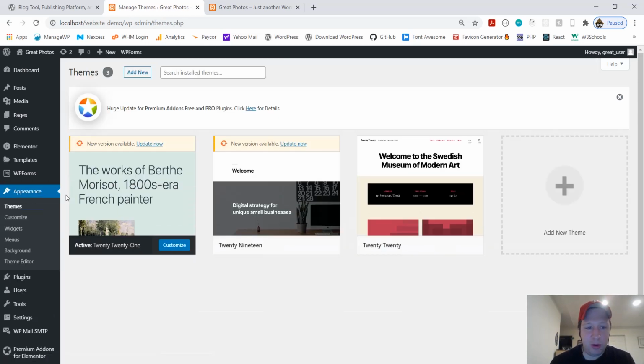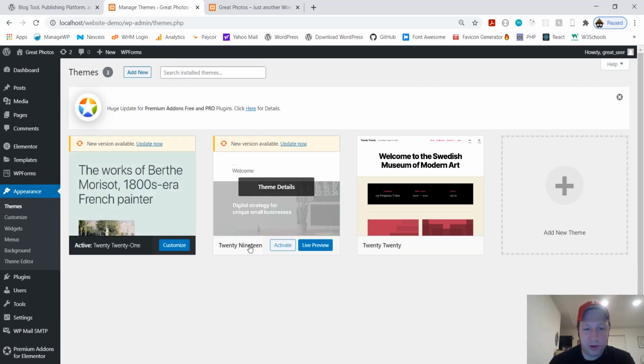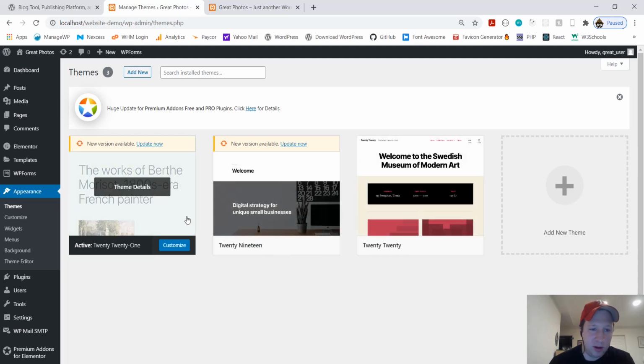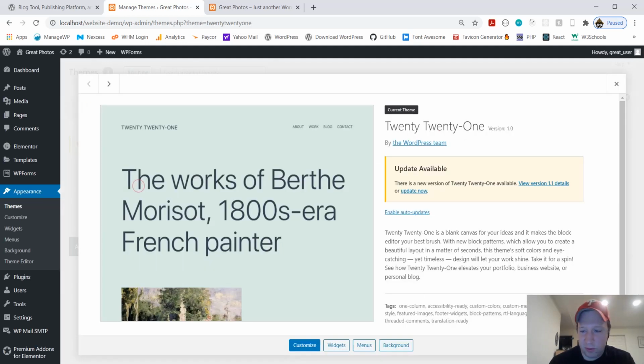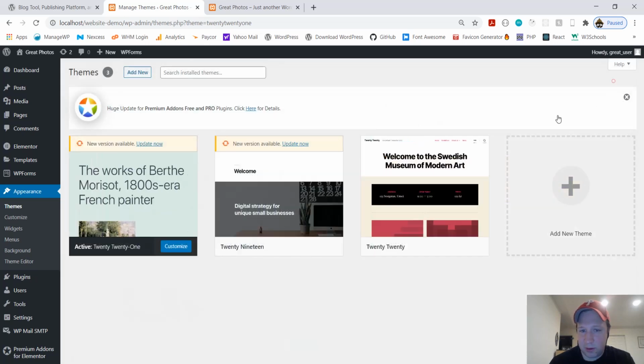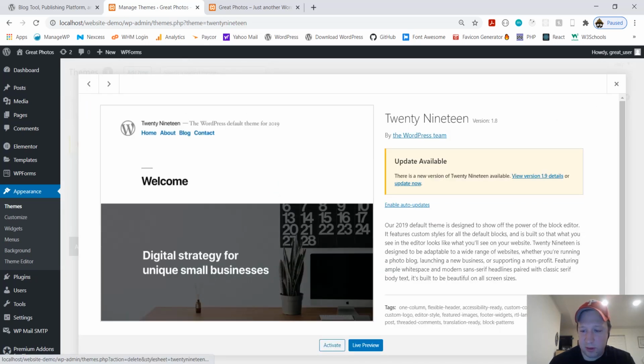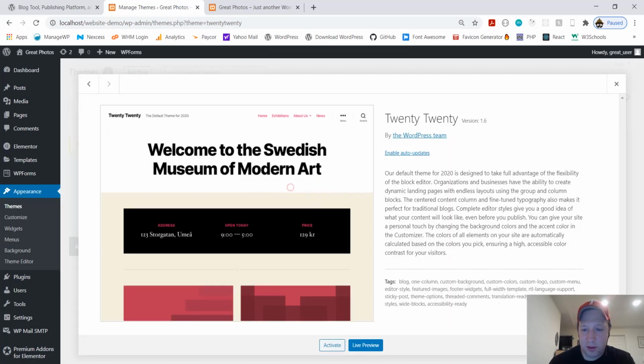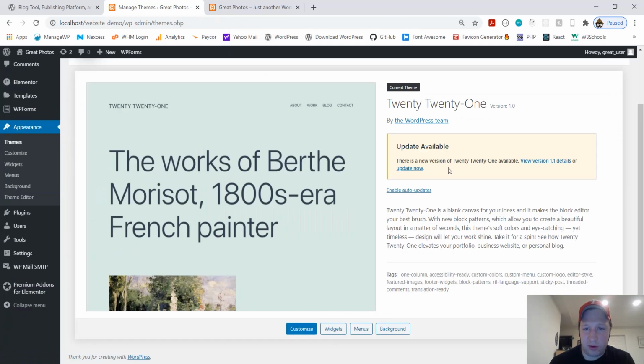So right now we have these 2021, 2019, 2020 themes on here. You can delete these if you want. You don't have to. It doesn't really matter. Theme details, delete. You don't really have to, but I like to just to avoid it. Theme details, delete. It saves also, if your site's running a little slow.